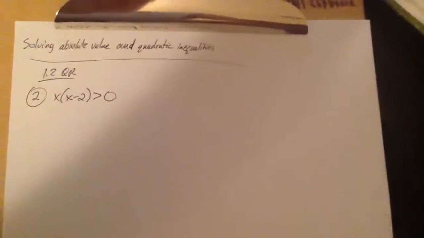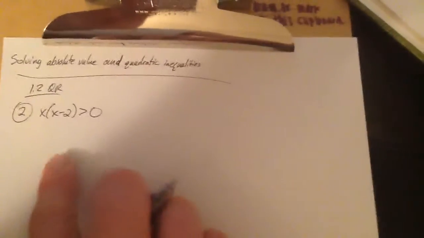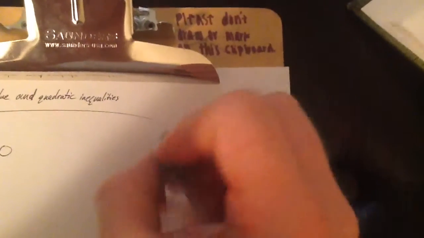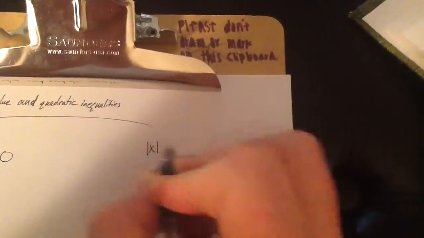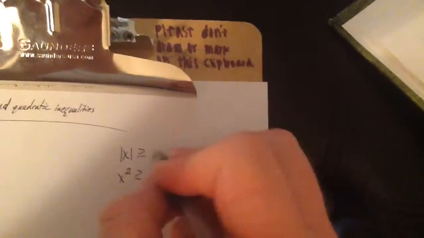Well, the whole concept of inequalities is a lot easier if you picture it graphically, so before I even explain how to do that, if you just think of a simple one like either the absolute value of x or x squared, and we can do greater than or equal to, let's say 4 is easy. Either one, it's kind of the same thing. If you think about it graphically,